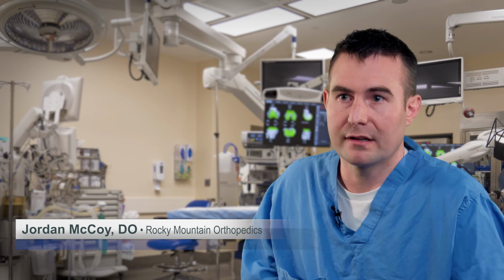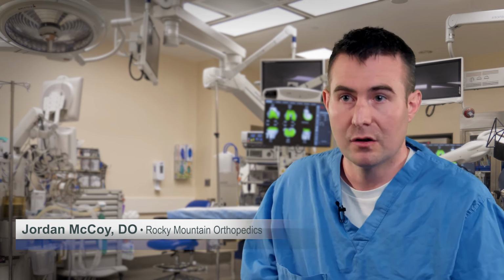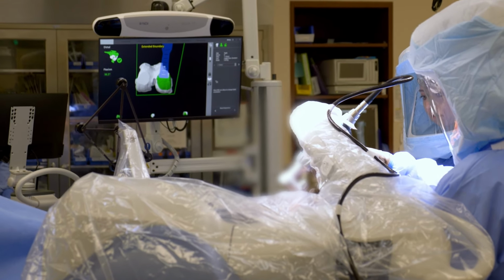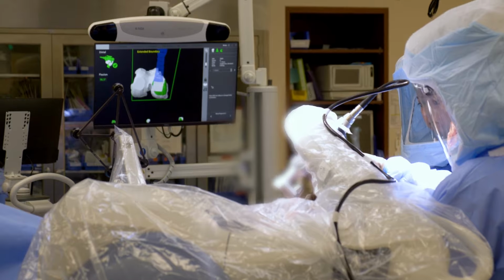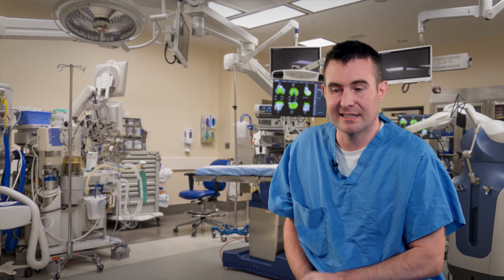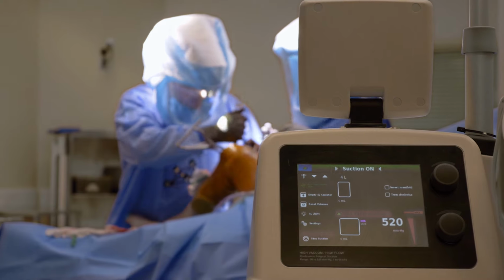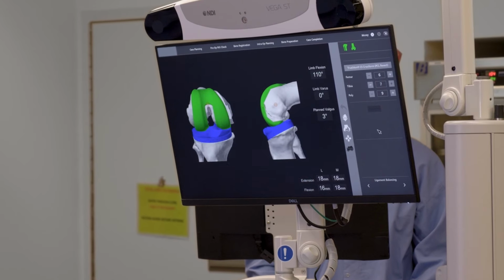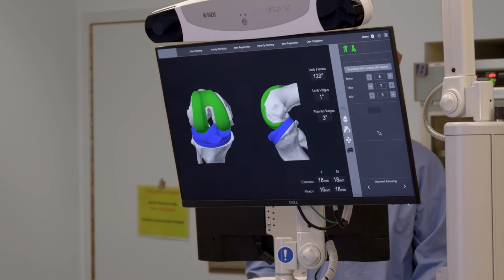When we use the robotic technology, it does allow us to execute that plan with almost exactness, with precision within a half a millimeter to a half a degree. It allows us to preserve as much bone as possible and put those cuts exactly where we want them to be. We can balance the ligaments perfectly intraoperatively and also carry out a plan to within a half a degree of accuracy to give them the best chance of having a straight leg that is balanced and stable throughout motion